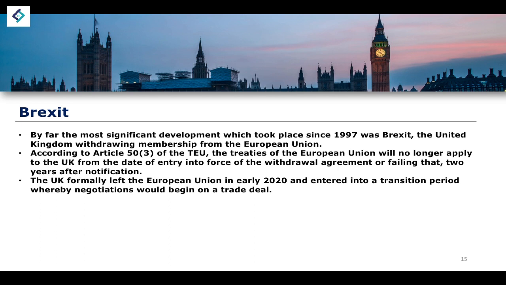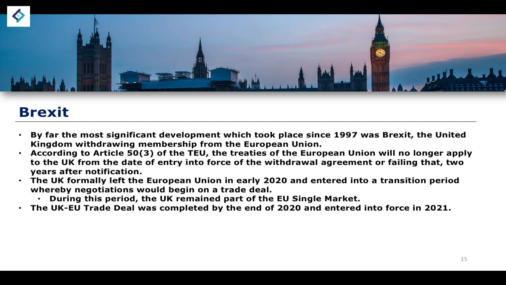This is where a trade deal was to be negotiated between the European Union and the United Kingdom. During this period, the United Kingdom remained part of the EU's single market. So for all intents and purposes, very little in terms of its effects had changed during 2020. And it wasn't until the end of 2020 that the UK-EU trade deal was completed and then entered into force